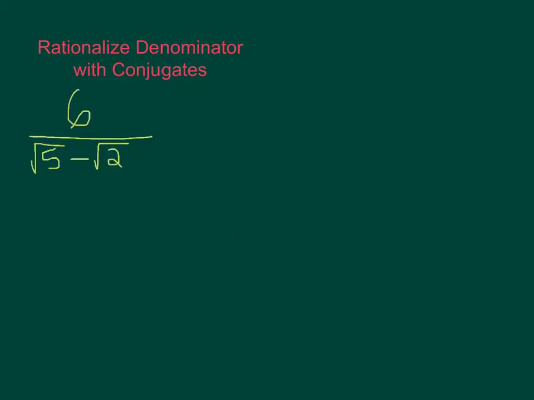Okay, so the first example is 6 divided by the binomial, the square root of 5 minus the square root of 2. So, no radicals in the denominator, so we have to rationalize it. So remember, you multiply by a fraction that is equal to 1. And this time, you multiply by the binomial's conjugate. So I'm going to multiply by the square root of 5